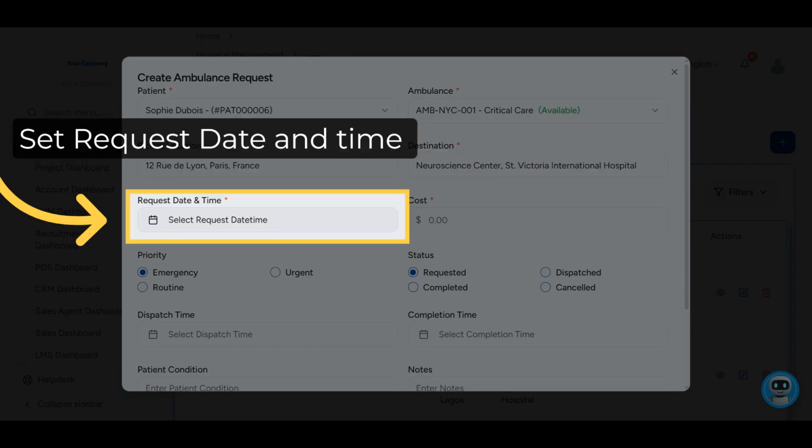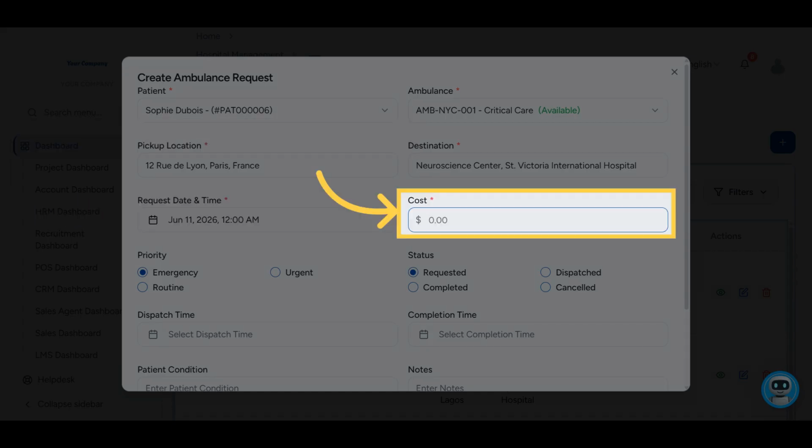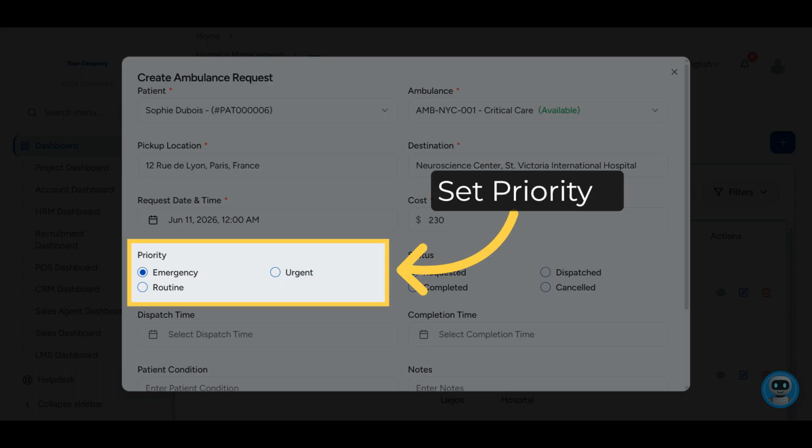Click the Request Date and Time field and pick the date and time the request comes in. Then add the expected duration of the trip. Enter the price for the ambulance request here. Set the request's priority. For example, urgent, so your team can see at a glance which calls need an immediate